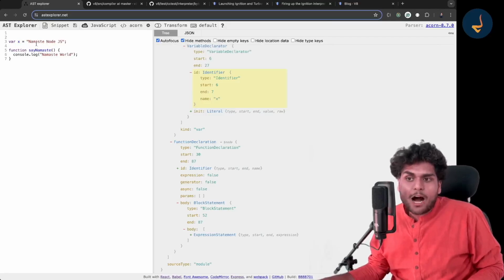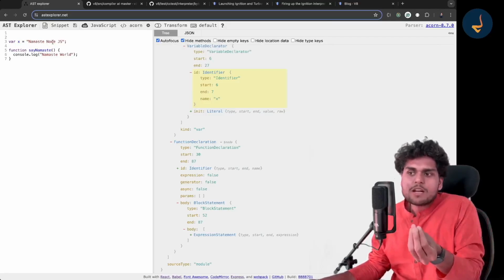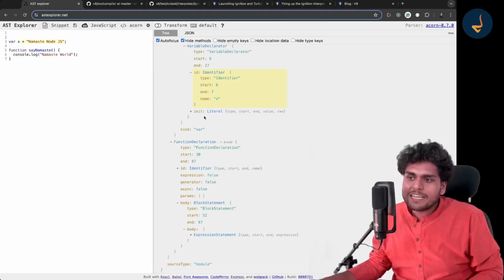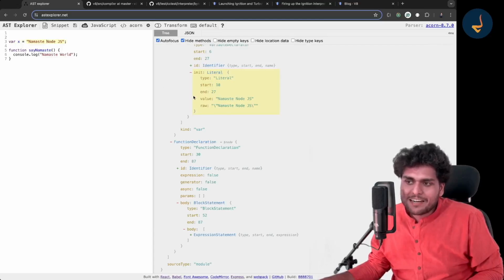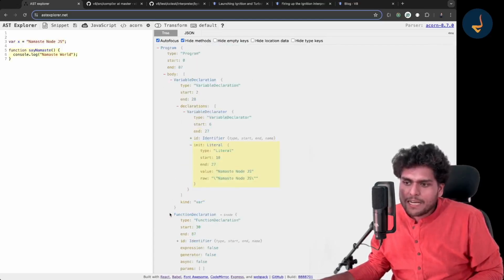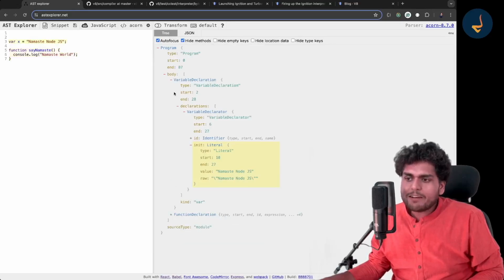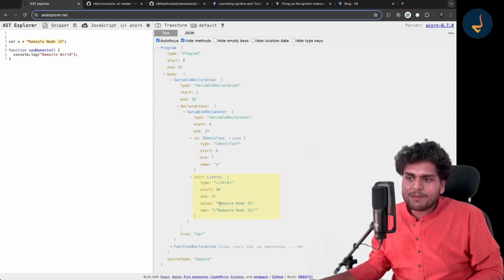Now, how is the value Namaste Node.js stored? It is known as a literal. If you see, this is the literal. If you click on this, it says that this is a literal. So basically, whenever you declare a variable, the variable declarator has two things: one is the identifier and one is the literal.